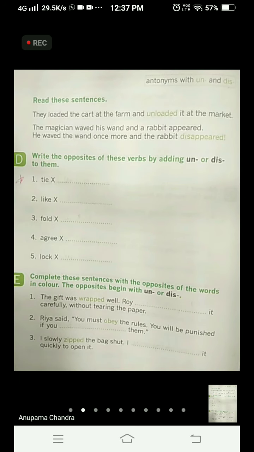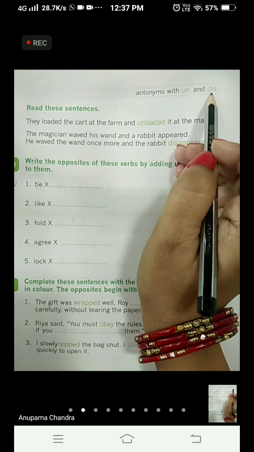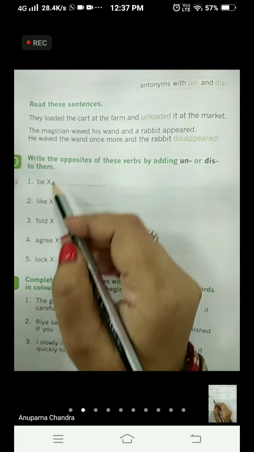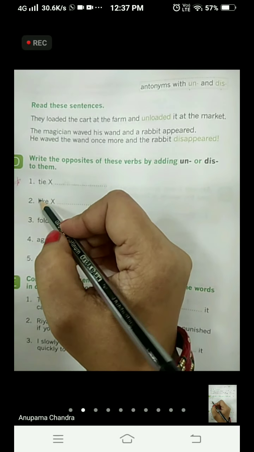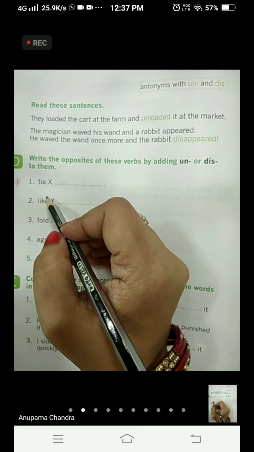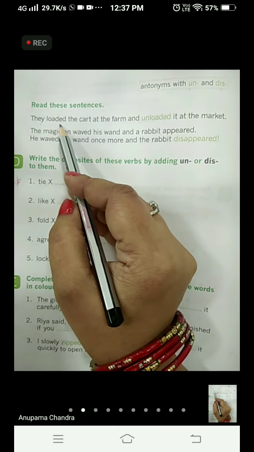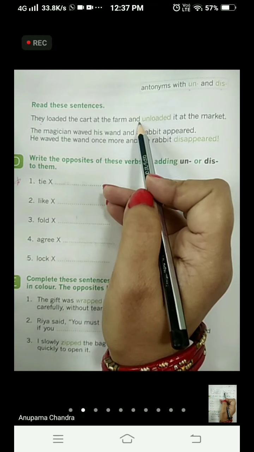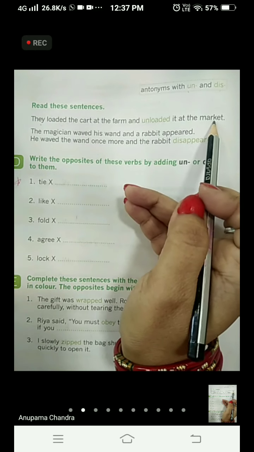Okay? So, here we are going to write UN or DIS in front of the word to make the antonym for the given word. Let's see. For example, this sentence: they loaded the cart at the farm and unloaded it at the market.